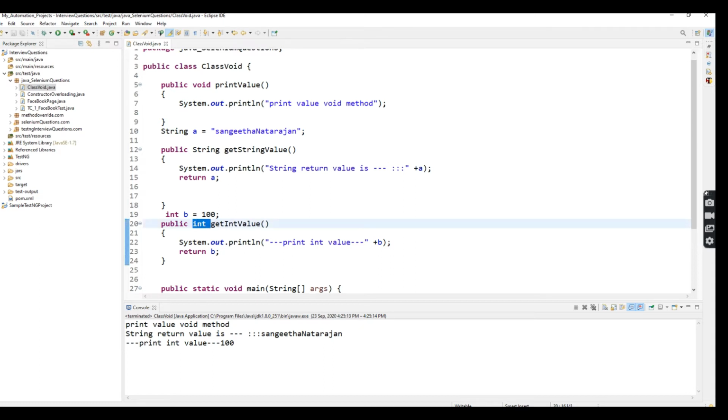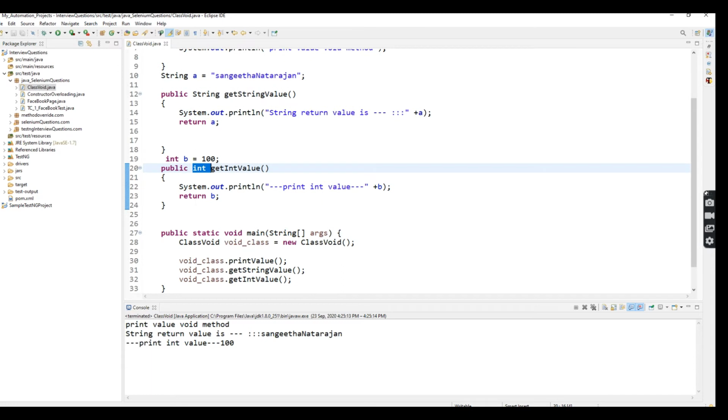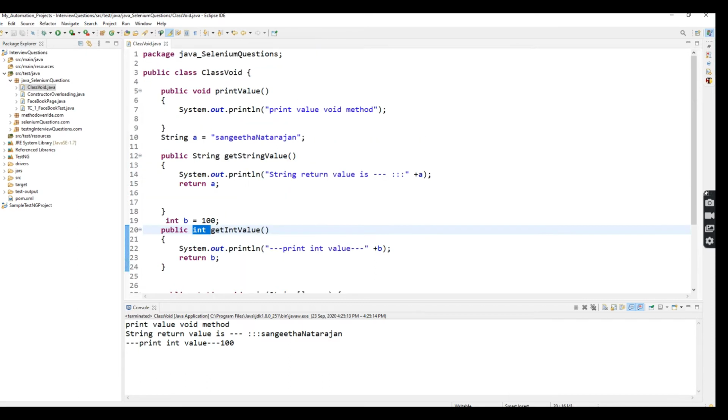So like that, whatever return type you want to use inside a method, you can use integer or float or double. It's your wish which values you return. You can use the return type with the return keyword. This is the concept we follow for accessing a method and returning the method value. Everything I told you is without static. With static I will tell you in the next video. It is a very important topic.